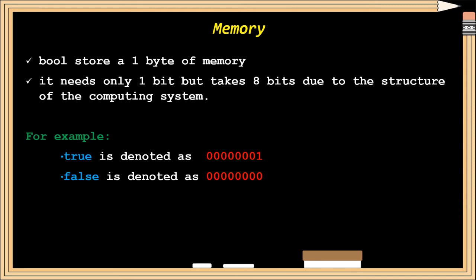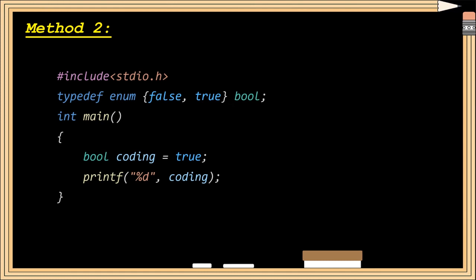For example, here for true, only 1 bit is used, the LSB, the first bit, and in the case of false you can see everything is 0. Only the first bit will be used, it won't use the remaining 7 bits. And if you don't want to use any header file, there is one more data type you can make use of to print the output, enum. Enum is a user defined data type, with the help of which you can print either true or false. About enum and typedef I'll discuss in the upcoming classes.